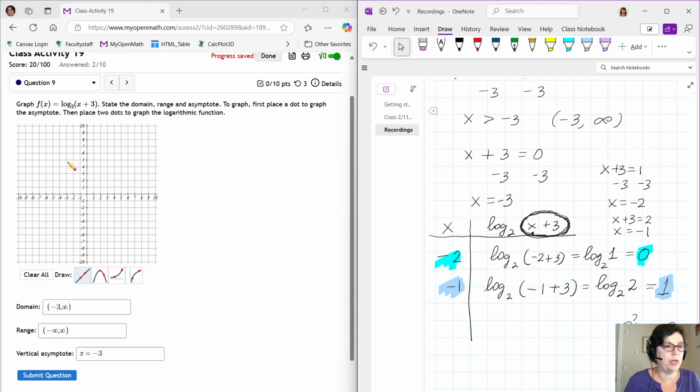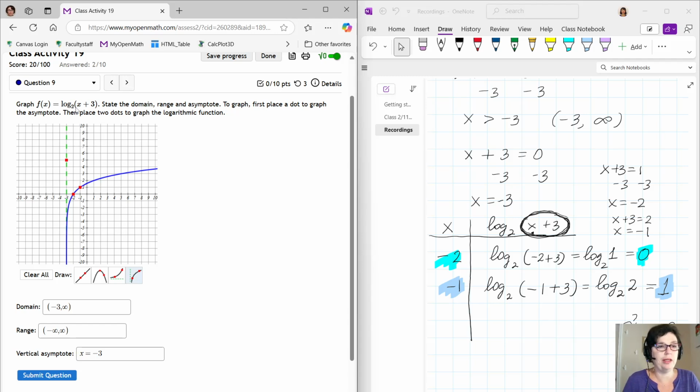So first the asymptote at x equals negative 3. Now select the log tool first. So we highlight that, okay. And then we want 2 points. So at negative 2, we see that that's 0. And at negative 1, we see that that's positive 1. And there is my log. And notice how this log is just a translation of the log without plus 3. Like if you were to draw log of x with base 2, that would be a translation 3 to the left. If you remember the translations, the plus 3 is responsible for moving the graph 3 units to the left.